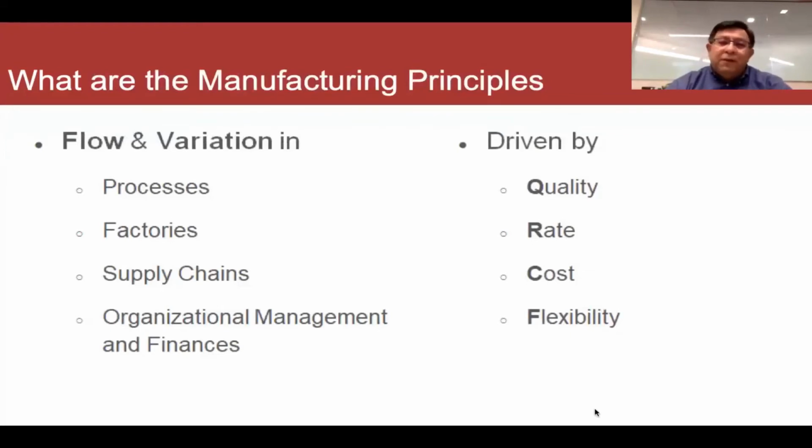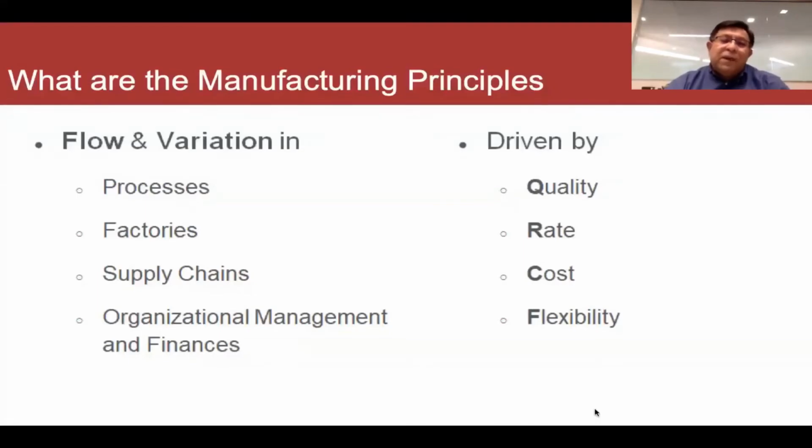They're all focused on flow and variation. One of the things that we realized about any system is that we're talking about two kinds of things, the flow and variation of physical things as well as information. And because of this change in the flow, how fast things go through the system, or how information processes through the system, we get these variations in the quality of the information and connect that to the physical flow. And so what we're trying to do is reduce that.